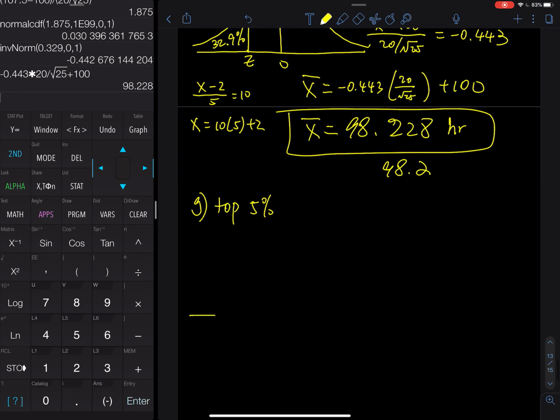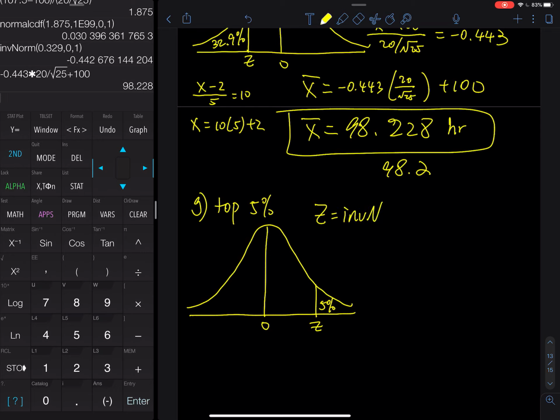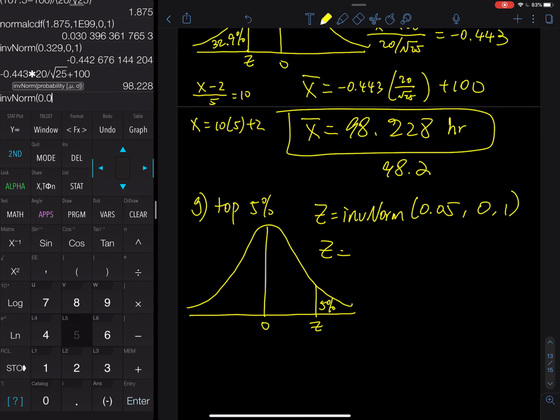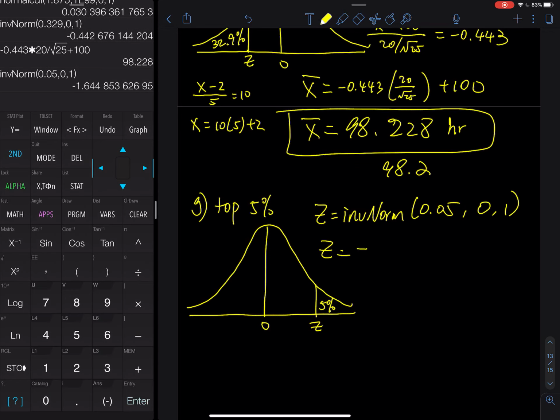And then draw a standard normal curve, mean in the middle, and then 5%. So this is your Z, and then Z is inverse norm, second vars, inverse norm 0.05, the mean is 0, standard deviation is 1, and then you have negative 1.645, and this is on the left side, right? I am looking for the 5% on the right, so the one that I want is a positive 1.645,